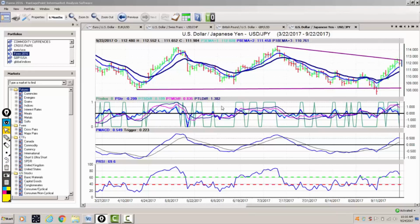So these are the things we want to look at. When I look at signals from VantagePoint, again, the medium term crossing over the long term predicted difference to the downside. We have what appears to be a newly formed trend line off of just under the 113, 112.50 area. So selling into the 112.50 area next week is a reasonable play, but again, this is a very strong equity trade. So if the equities are moving up aggressively, the dollar yen is usually going up too, and vice versa. So keep an eye again on that intermarket correlation, but you can already see the MACD, predicted MACD, starting to turn here,